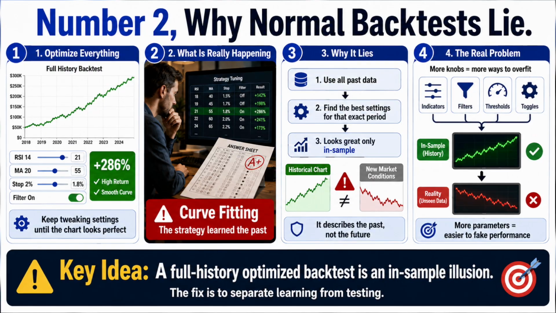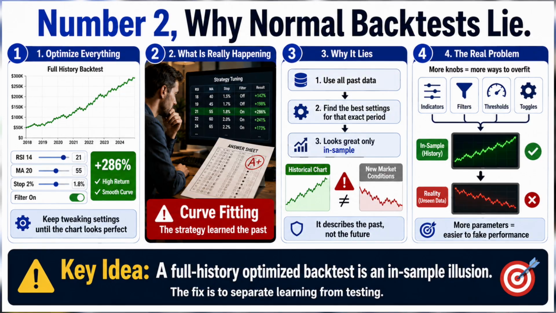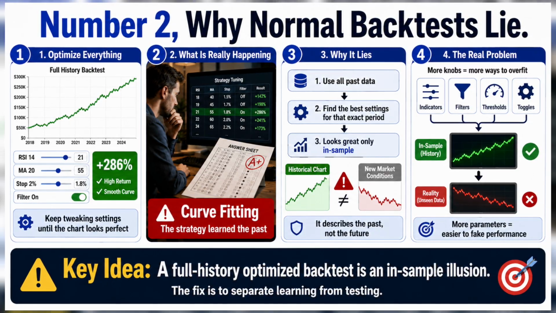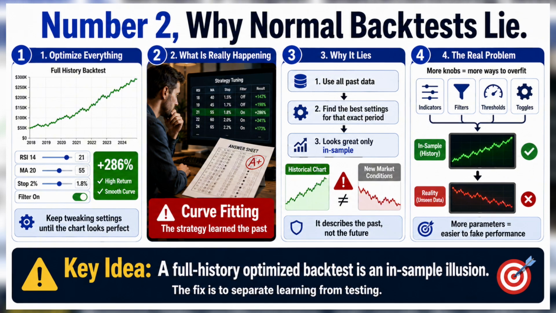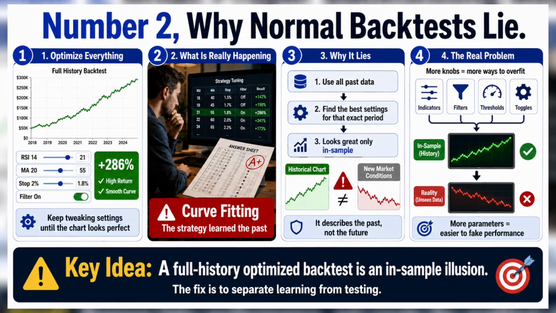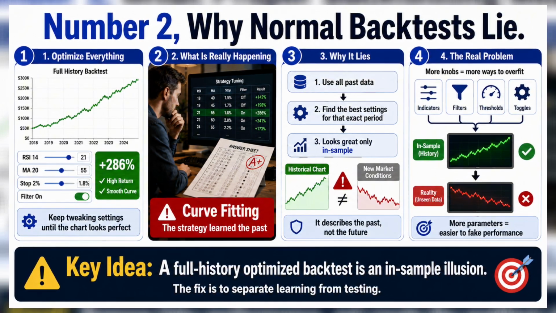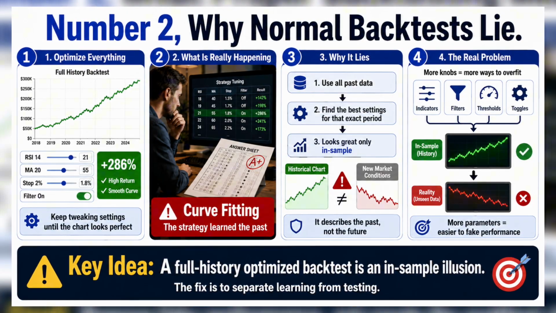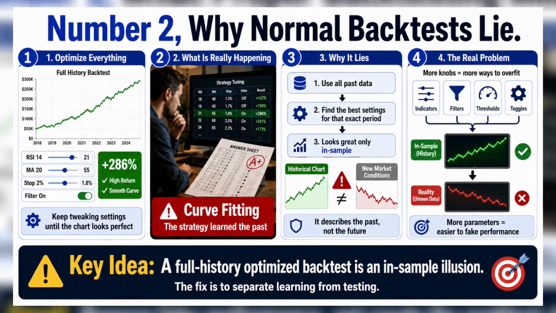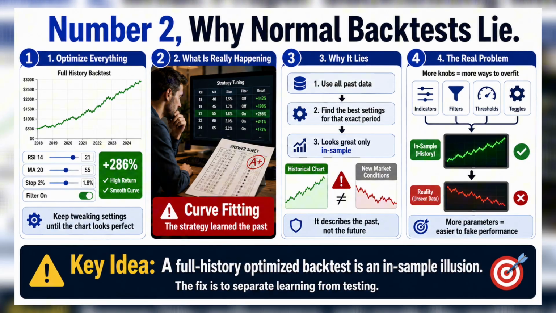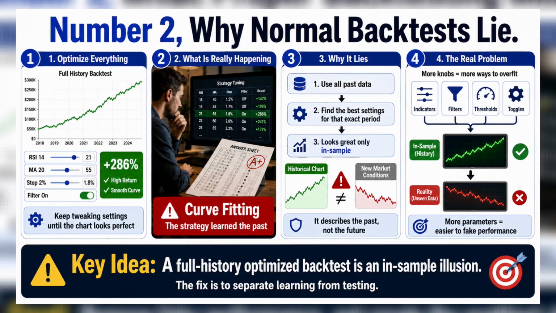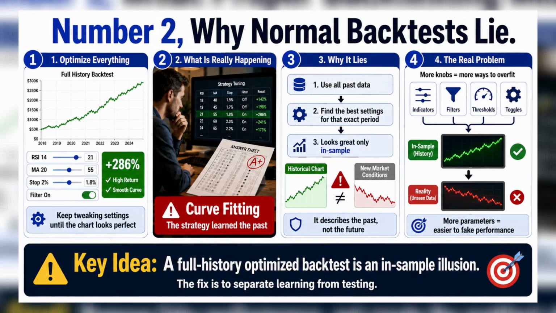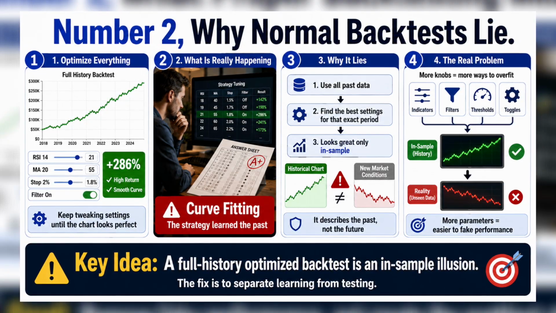Number 2. Why normal backtests lie. The biggest reason normal backtests fail is curve fitting. Curve fitting happens when you keep adjusting parameters until the strategy perfectly matches the historical period you already know. It feels smart because the results improve every time you tweak the numbers. But what is really happening is simple. You are teaching the strategy to fit one specific slice of market history instead of teaching it to survive new